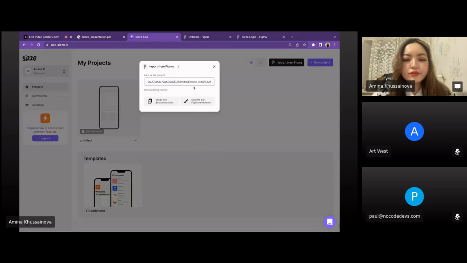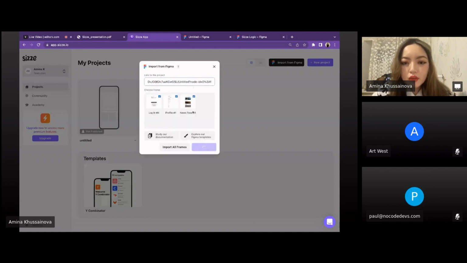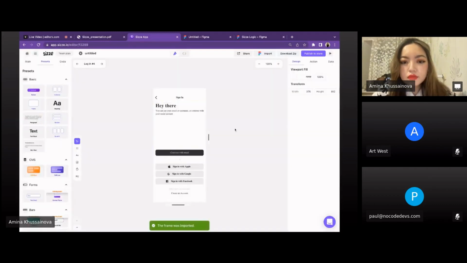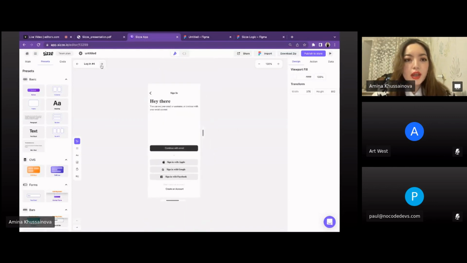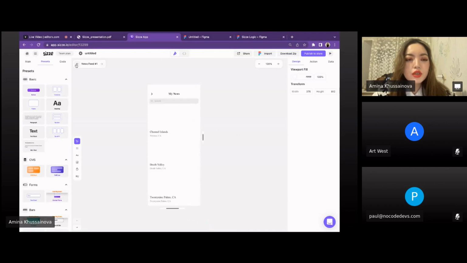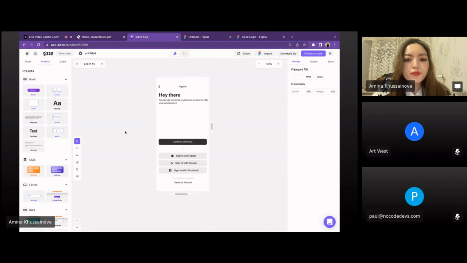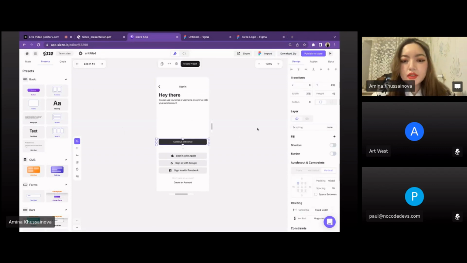So it's downloading the frames. So yeah, as you can see here, you can go through the frames. You just download it. And what we're going to do now, we're going to make all of the buttons functional by pressing